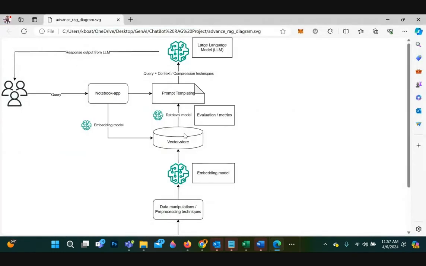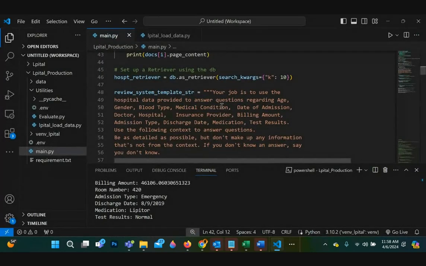So we've set the retriever, and then we're going to use LangChain to get a question and pass the question to the retriever, and then the retriever will return a result, and those results are passed through the template, and then we form the query and context into the LLM. So that's what is going to happen next.